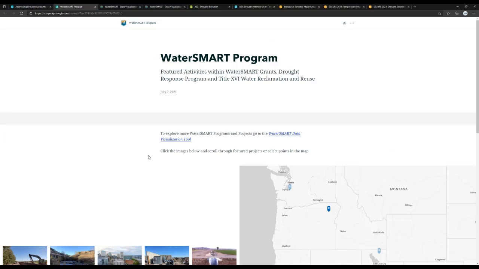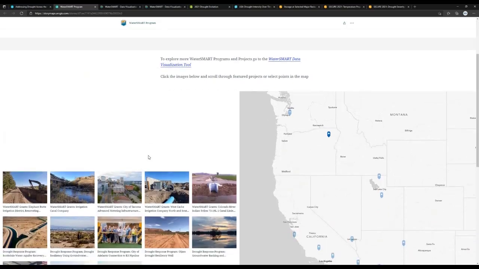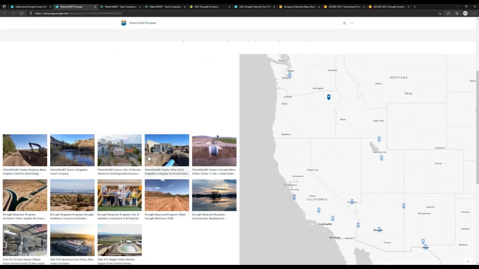So this isn't all WaterSmart projects, but it's a snapshot of some of the projects that we fund, and kind of an easy way for the public to explore some of the different projects that we have available under WaterSmart without getting into looking at all the projects that we've funded over the past 10 years.